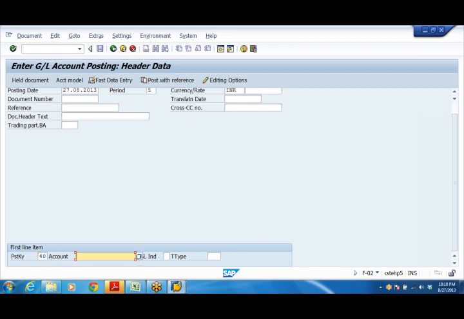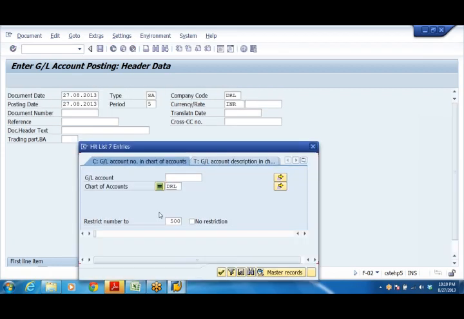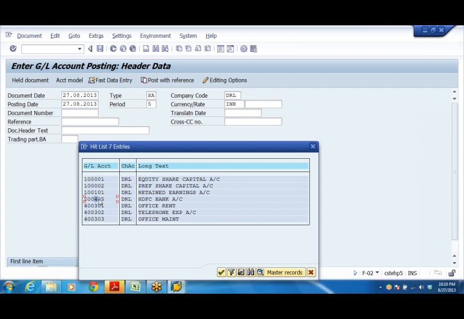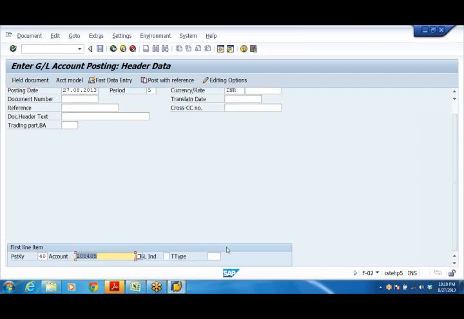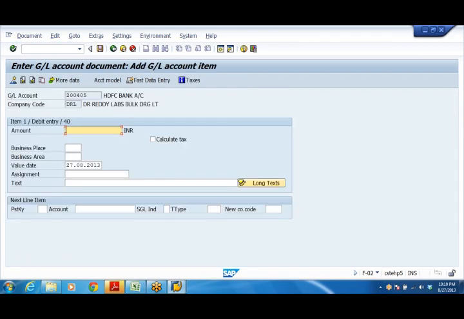Now here I am posting the same entry again: bank account debit to equity share capital. So for the bank account, I can drill down here, bank account 20405, or you can enter it manually. Leave these through. Right, we are in the first screen. Press enter, and it will take you to the next screen. Here say 5 lakhs; instead of 5 lakhs, I'll take 6 lakhs.